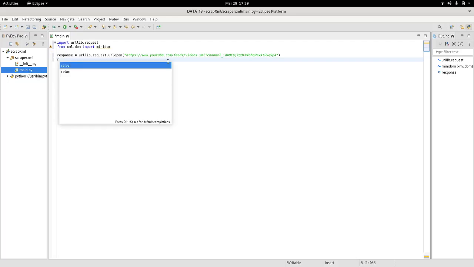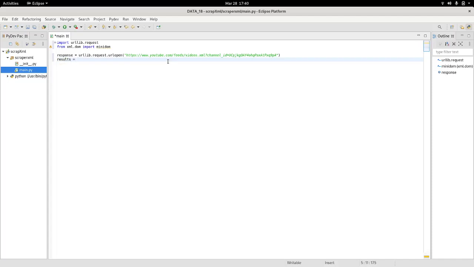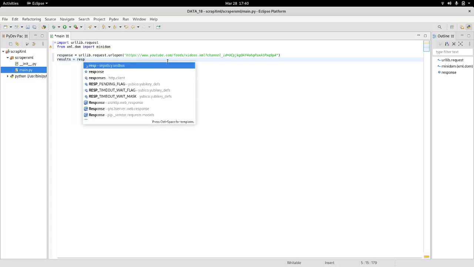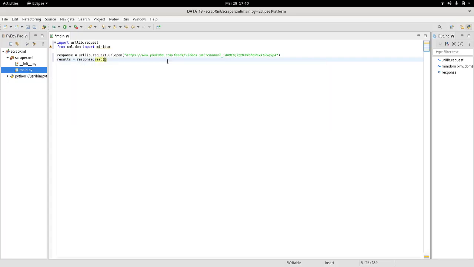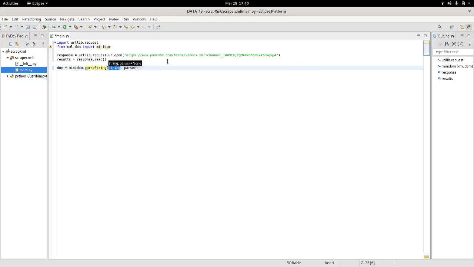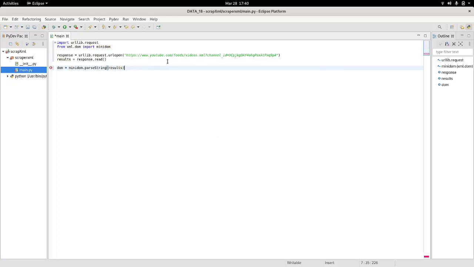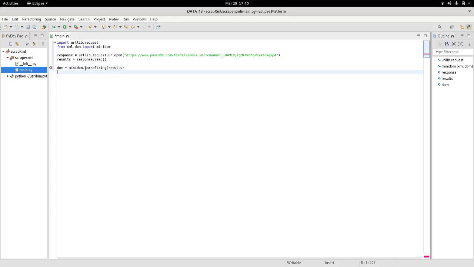After that, let's fine-tune a little bit the response, and what I'm going to do is I will pass the response read method to this, and finally I can just parse all the XML documents, all the DOM elements, into a variable that we'll call dom, and then I get parseString, and here I will pass the results. So once we have these results,